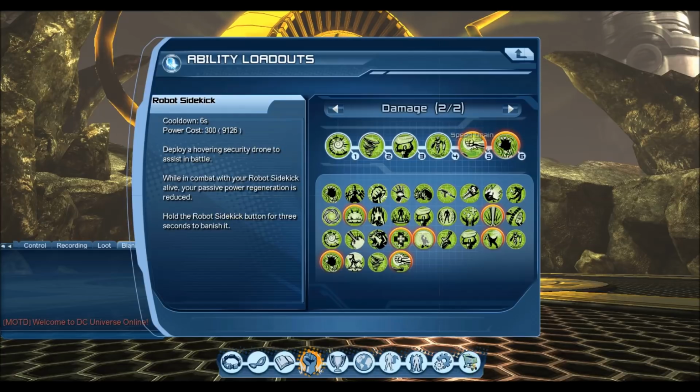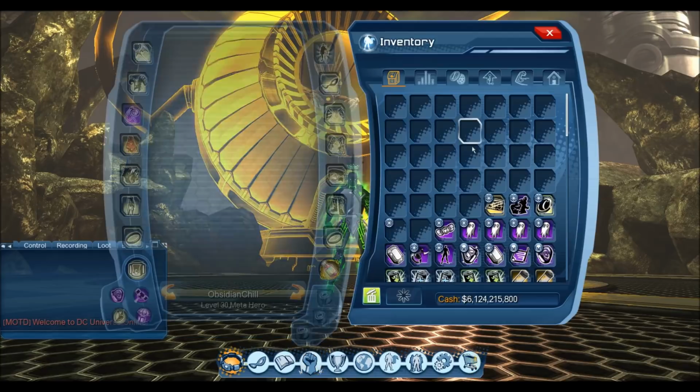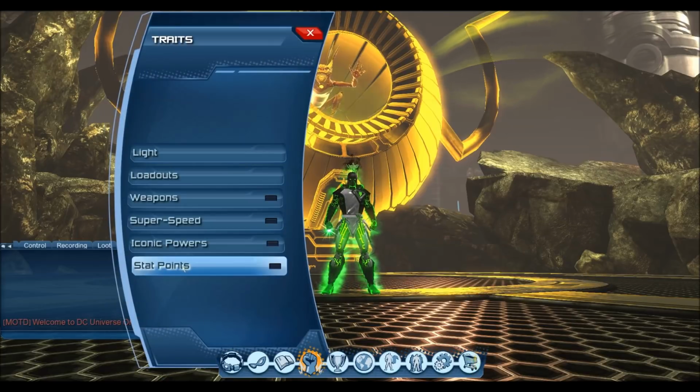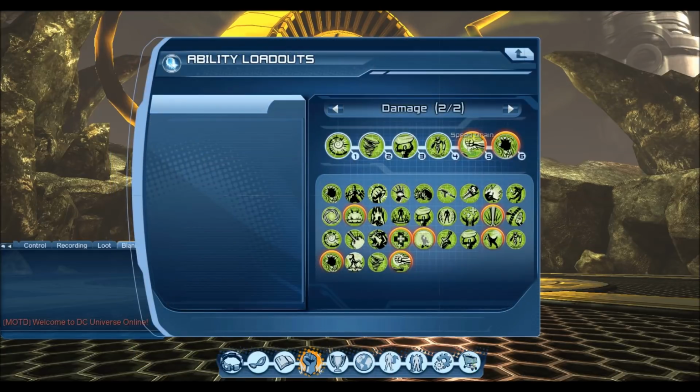And the reason why I'm running 2 supercharges here is because, for one, you're only using 3 powers as light, and 2, you can use Pollux's Gaze to alternate supercharges between them. So obviously this will help if you have healers or tanks in your group using Gemini to use Caster's Watch to regen, but it still works on the same principle where you're alternating between supercharges to make sure you always have that buff to help push yourself over the top,